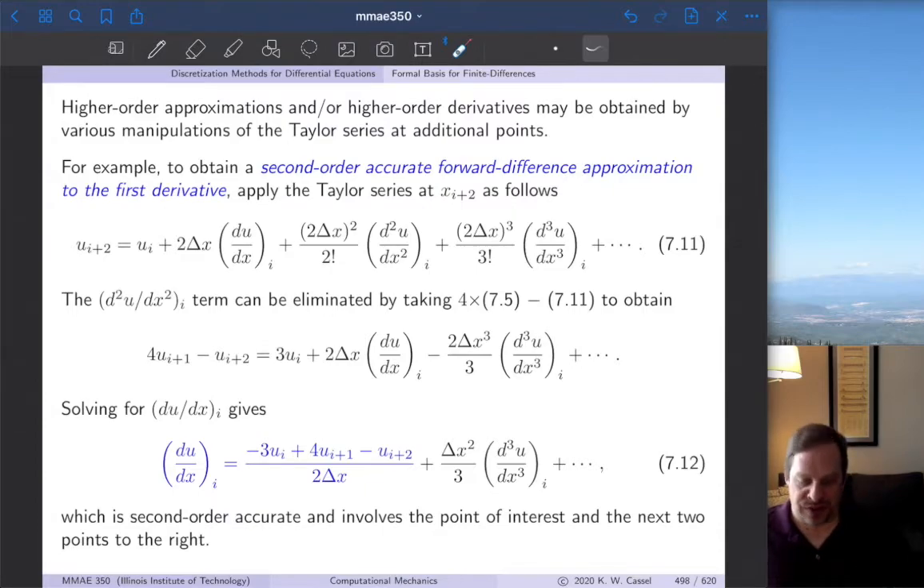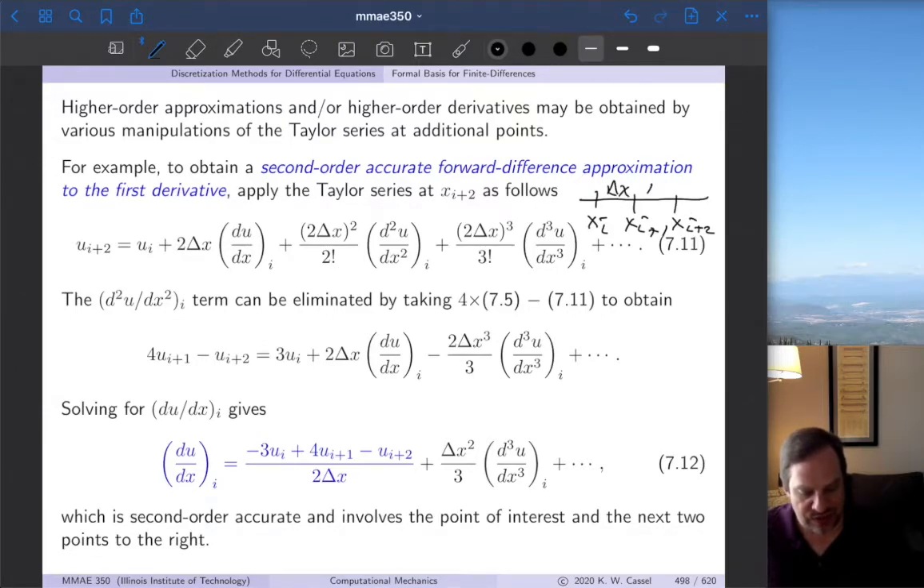So if I stare at these Taylor series approximations long enough, I can convince myself that if I take 4 times equation 7.5, remember 7.5 was the, so let's draw this. So now I have xi plus 1, and xi plus 2, and each of these are delta x away. So now if I take 4 times 7.5, so remember 7.5 was the Taylor series at this point. Well, we just got up here, 7.11,